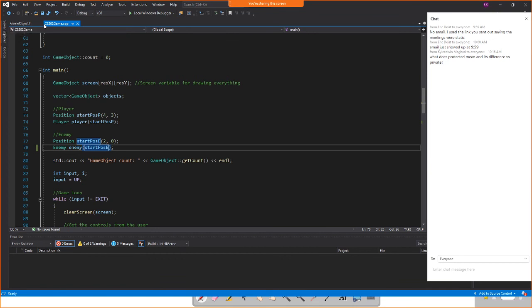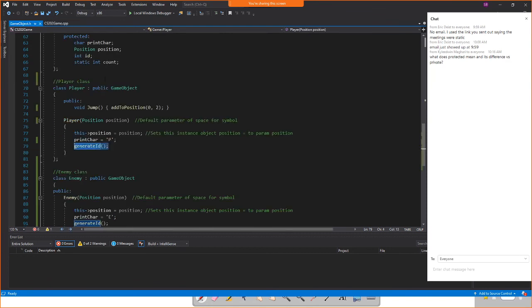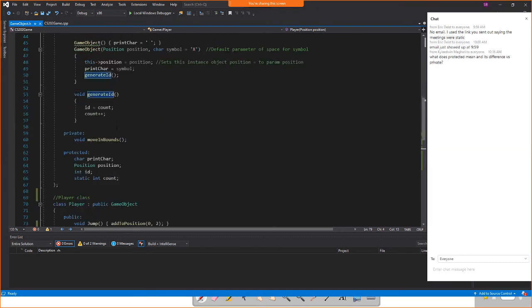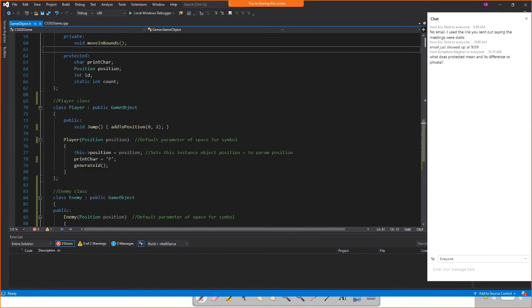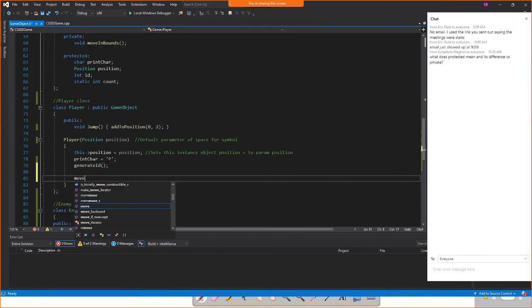Okay, good question. Yeah, so protected means that any of the derived classes can access it, and private means that only the class itself can access it. So if I look at what I made protected and private, I generally make things protected, just because I think it makes more sense. But I have private here, move in bounds. So if I was to go to the constructor, let's just say, of the player and type in move in bounds,